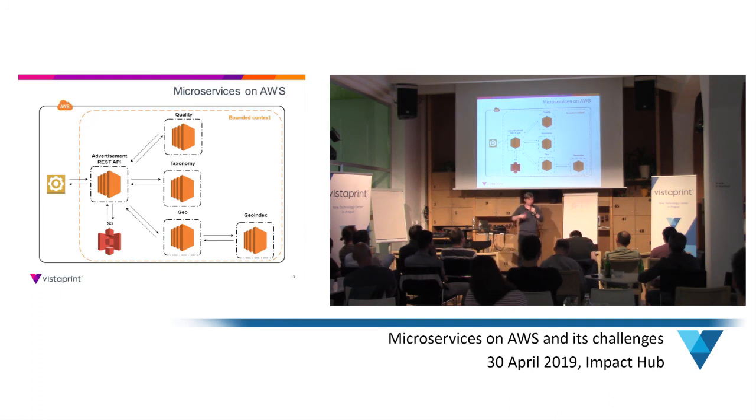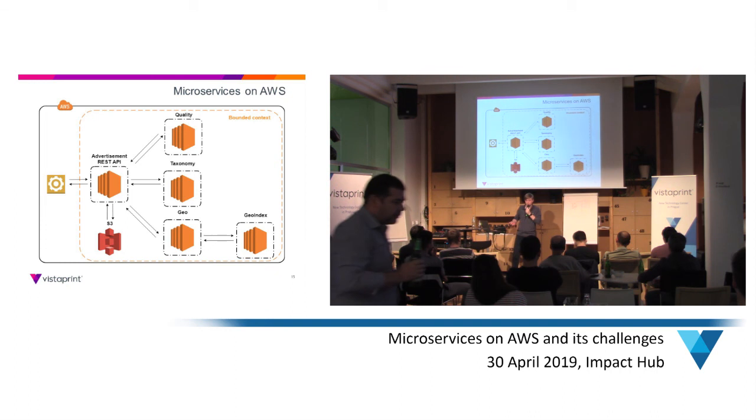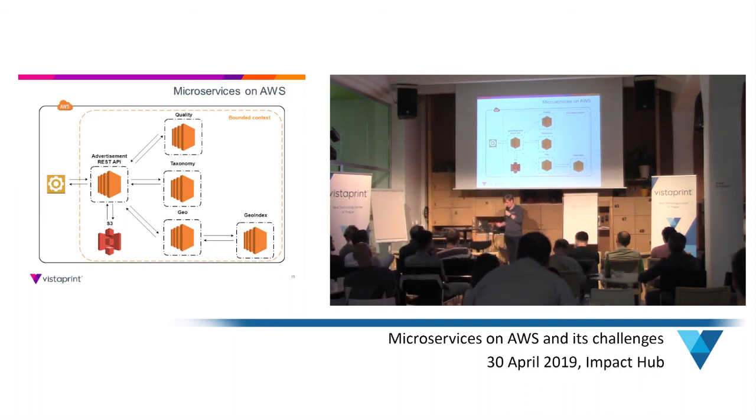So when you search, you want to search at least in the same city. You don't want to search in a different country. And GeoService has also its own dependency on GeoIndex, which is propagated and used for that kind of purpose. So once we did all of this, we went through this circle, we persist the information, and our advertisement is done, and we give a synchronous response. So, what is the problem with this architecture? What are the main, obvious problems with this architecture?